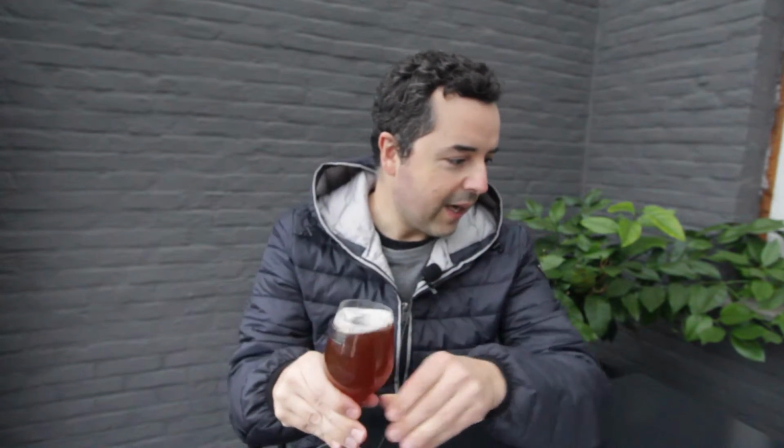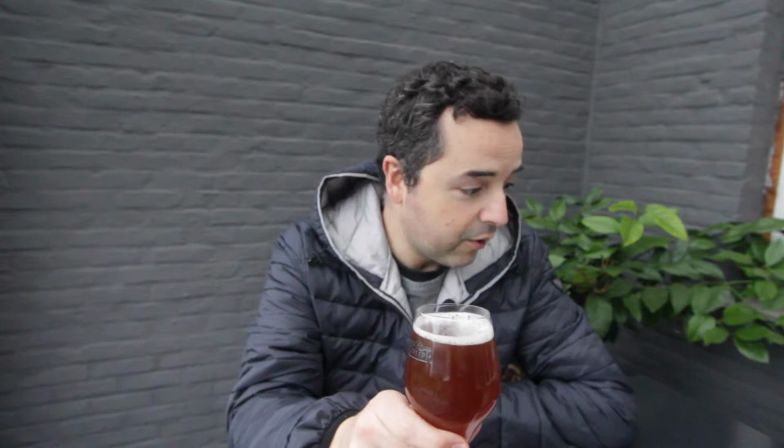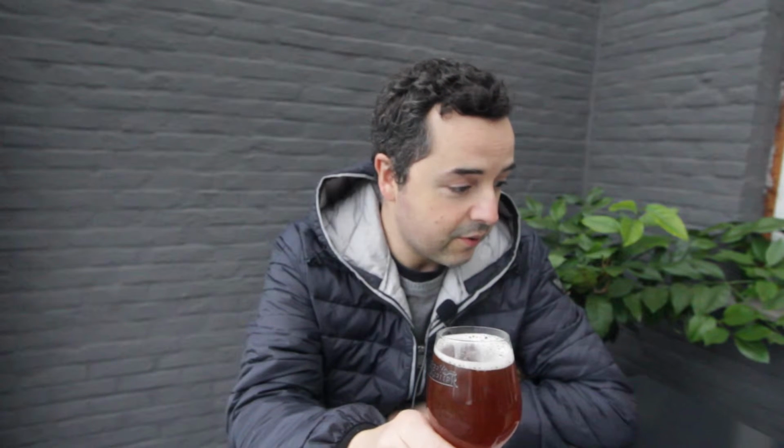They say here from Wyeast that attenuation is 73 to 76. I think it made a little bit more, maybe it's close to 80. Good flocculation, malty flavor characteristics. It will finish crisp, clean and fairly